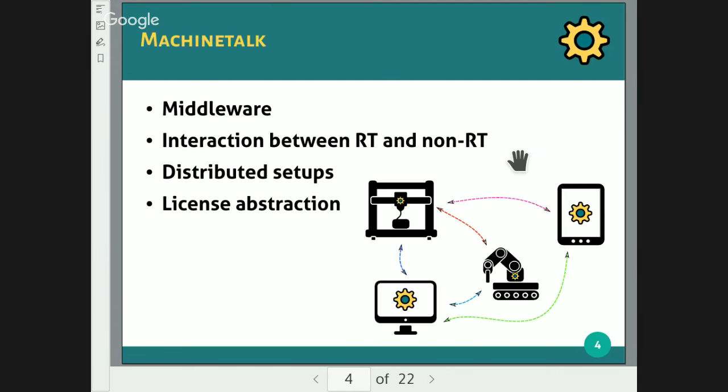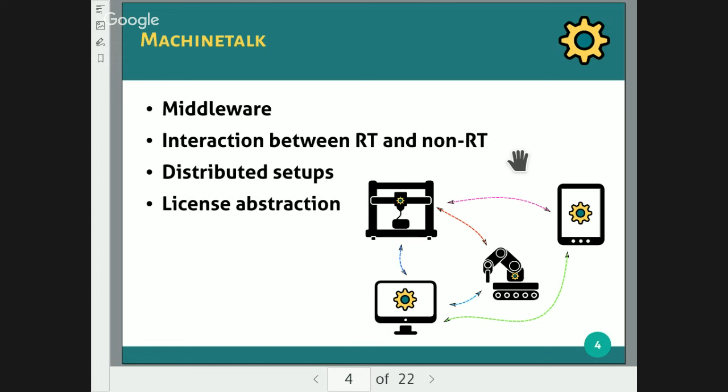Machinetalk is organized in so-called services, meaning small applications providing a certain service. I will go now into the details about the separate services, and not so much into the details about the communication and so on.